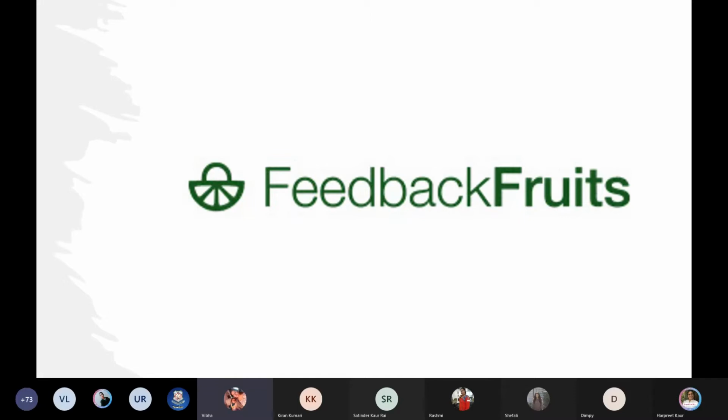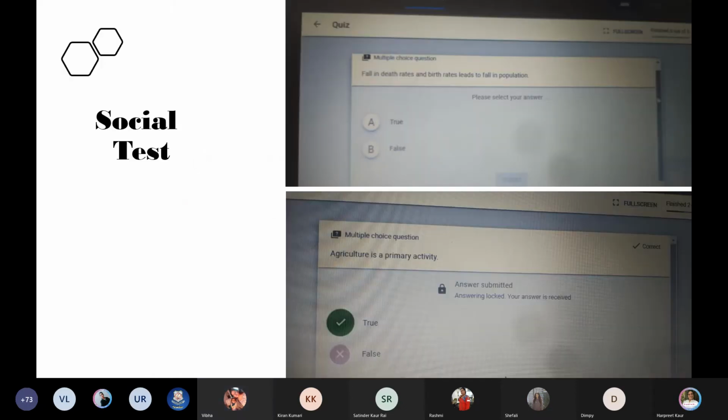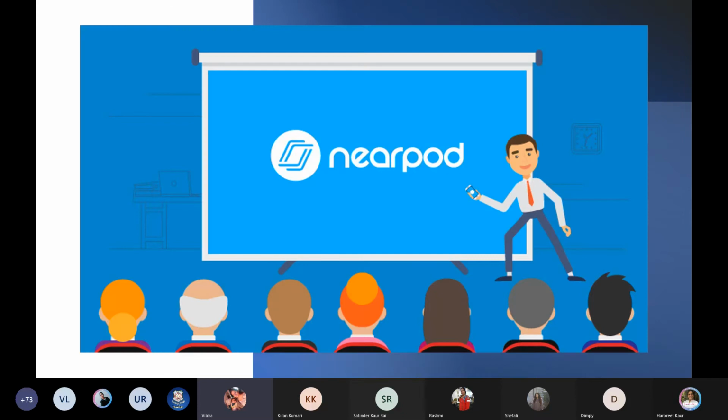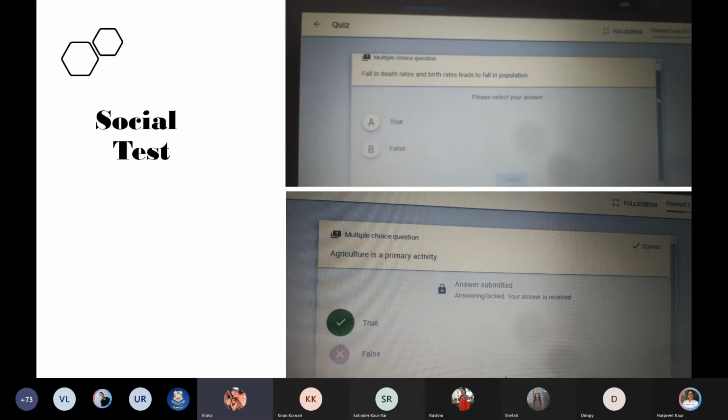It's a totally new tool for me also, which I went through yesterday. It was shared by Sindar Kaur Rai ma'am, and she has conducted a social science test on it. It is an MCQ based tool where we can gather the responses of students with the help of this tool, and we will add questions one after